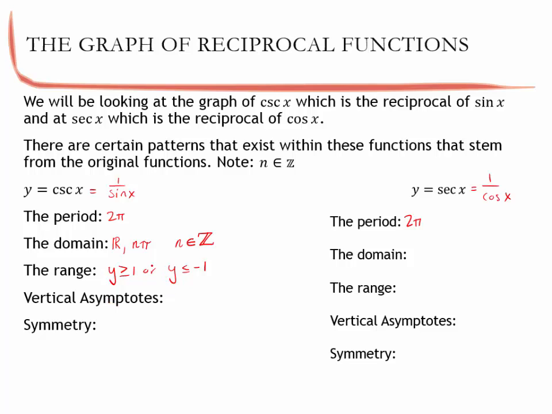Okay, vertical asymptotes. Vertical asymptotes are whenever we have issues with the domain. And I really should put does not equal x, because the vertical asymptotes are x equals those values, n pi. Symmetry for sine is going to be odd. There we go. Why is it odd? Well,